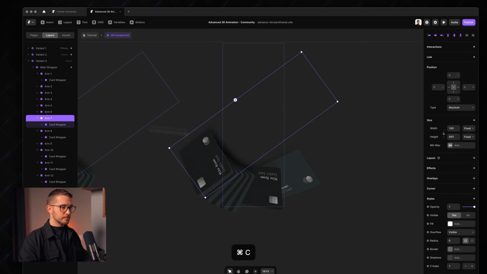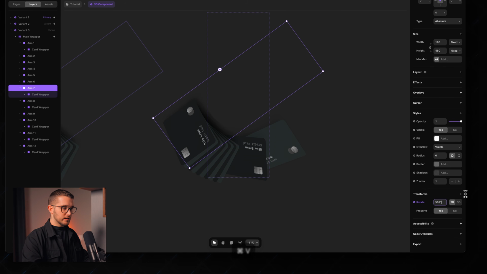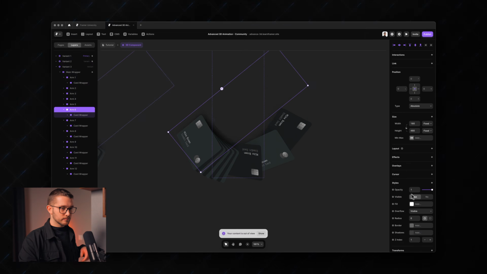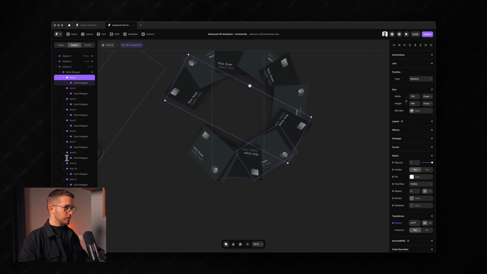Arm 7, and basically do the same with the rest. And again, we're going to get to a point where we have to adjust this value. I'm going to stop there, but I'm going to speed up the video. Okay, so arm 1 is